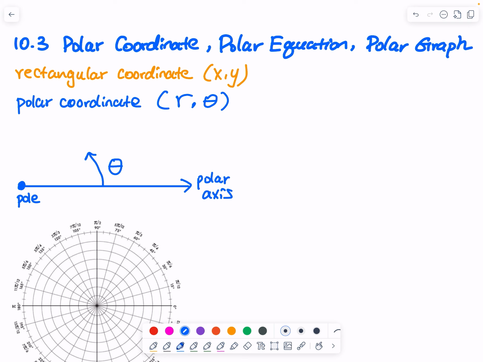This theta is called directed angle. I will state the name in a minute. And then from the polar axis over there, we have a point. This point is r comma theta, and the distance from the pole to this point is equal to r. R is the directed distance from the pole to the point. And then I'm going to call r the directed distance, and then theta, let's give theta a name. So theta is directed angle